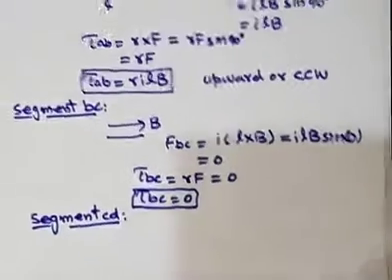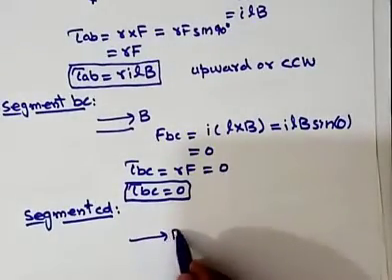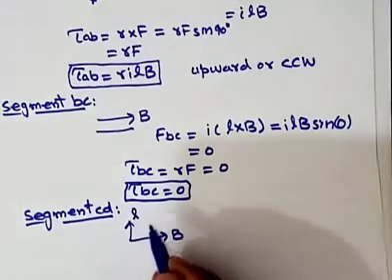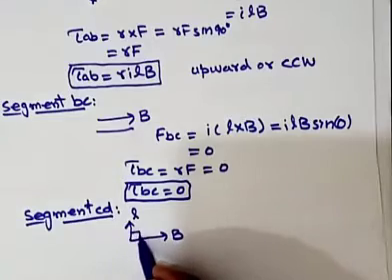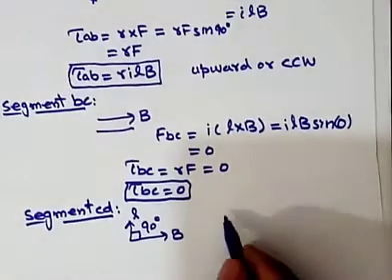That is, this is the direction of magnetic field and this is the direction of length of the conductor. The angle between length and magnetic field is 90 degree. Therefore,